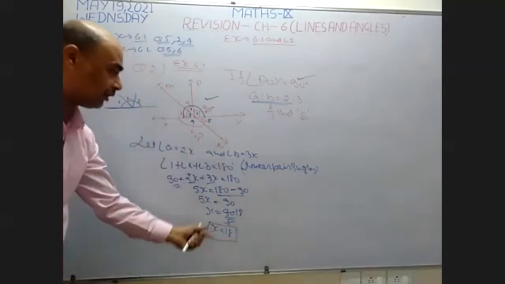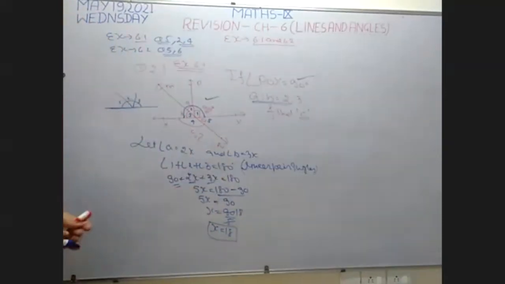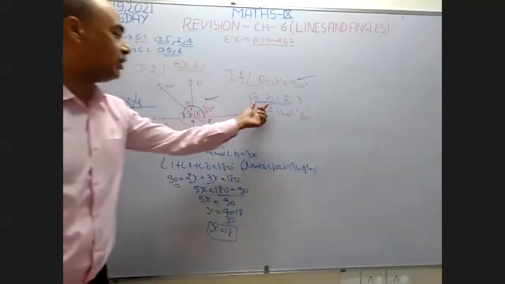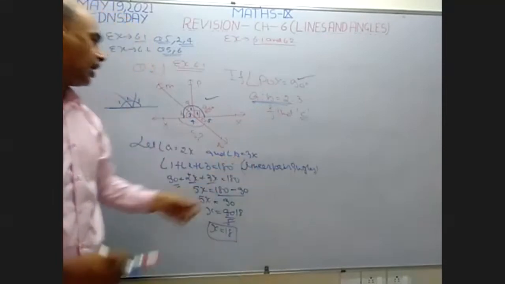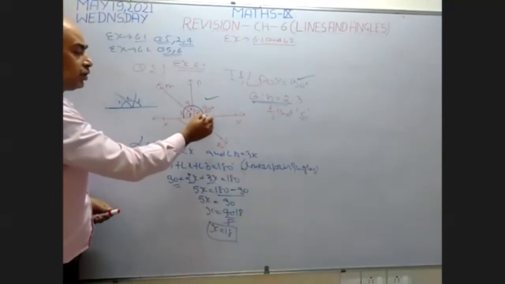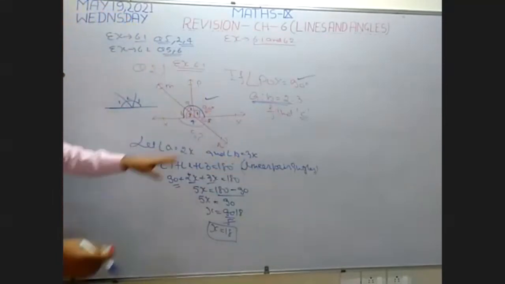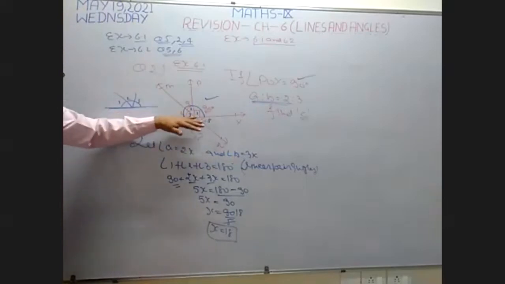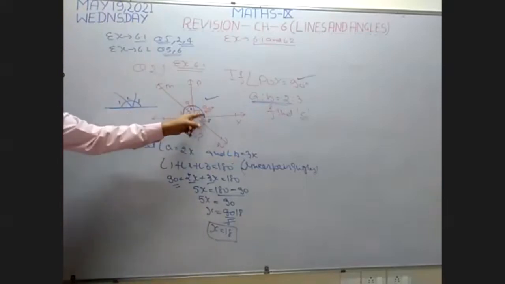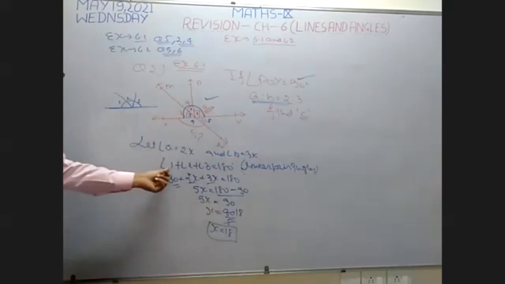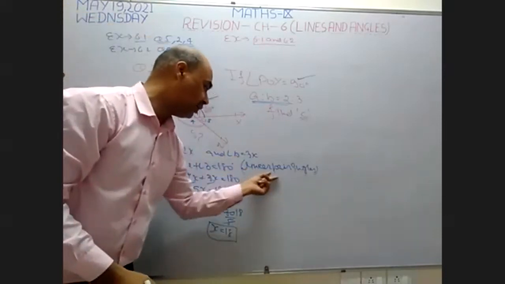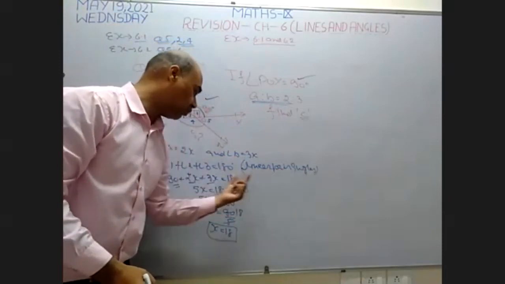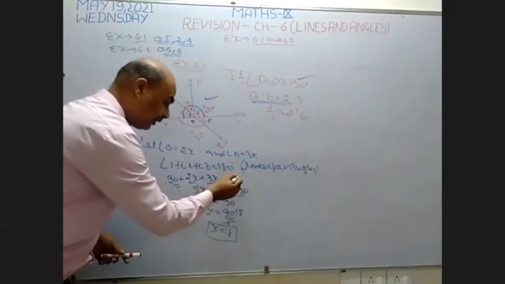Okay. I want to repeat this. See, first I suppose the given two angles, angle A equal to 2x and angle B equal to 3x. After that, I mark 1, 2, 3, 4, 5 angles on the question. I take the first three angles first. What is the relation between the first three angles? They form linear pair angles. So I write angle 1 plus angle 2 plus angle 3 equals 180 degrees. Reason: linear pair angles. And you know that the sum of linear pair angles is equal to 180 degrees.